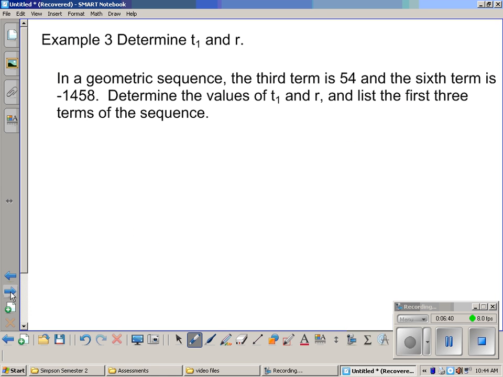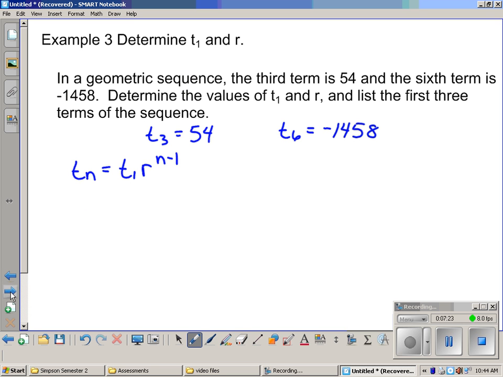In a geometric sequence, the third term is 54. So T3 is 54, and the sixth term, T6, is negative 1,458. Determine the values of T1 and R and list the first 3 terms in the sequence. I can write the general term as Tn equals T1 times R to the n minus 1. If I use that fact, I can write that for both of those terms. So T3